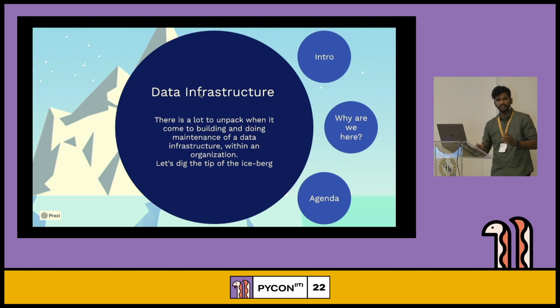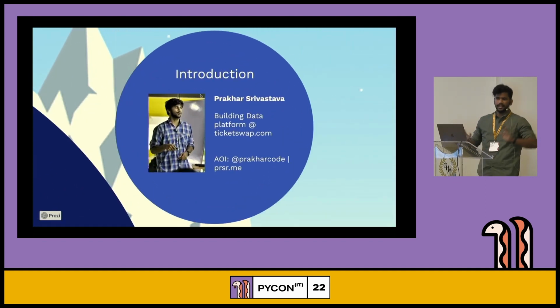The main goal of data infrastructure inside any organization is to basically get data moving. It could be from one source to another, and these different sources or destinations serve different purposes. One source is serving one team with its own objectives, and wherever you move your data from that source to another system, that system would be maintained by another team which has different objectives, right? So that was data infrastructure.